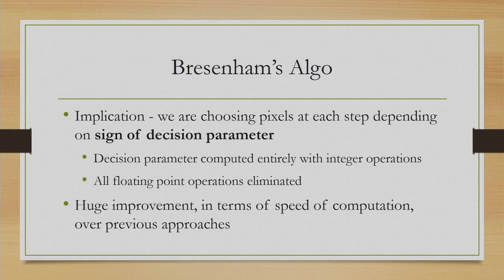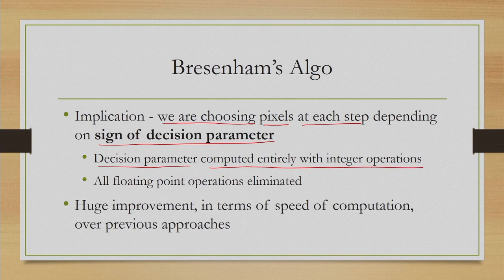So, what is the advantage of this algorithm? Here, if you note, we are choosing the pixels at each step depending on the sign of decision parameter, and the decision parameter is computed entirely with integer operations. So, there is no floating point operation. Thus, we have eliminated all floating point operations, additions, rounding off as well as multiplications, which is a huge improvement,